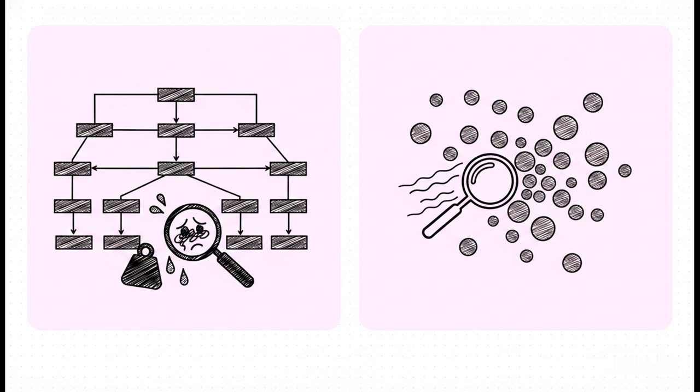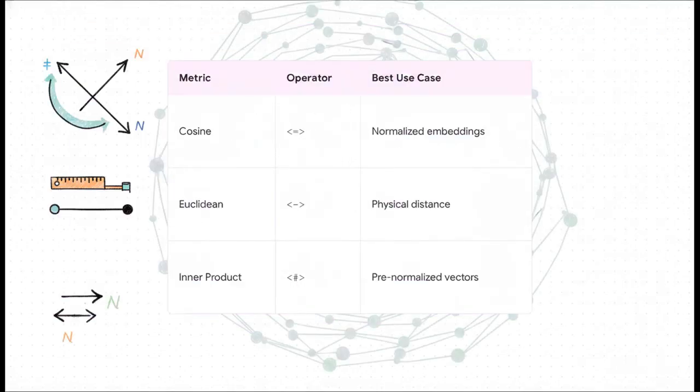They intentionally trade a tiny fraction of accuracy for a massive, and I mean massive, speed boost in finding that spatial proximity. But to find that proximity, you have to measure distance. And listen to me on this. Choosing the wrong distance metric will completely ruin your search relevance. If you use an extension like pgvector in Postgres, you've got 3 main operators: